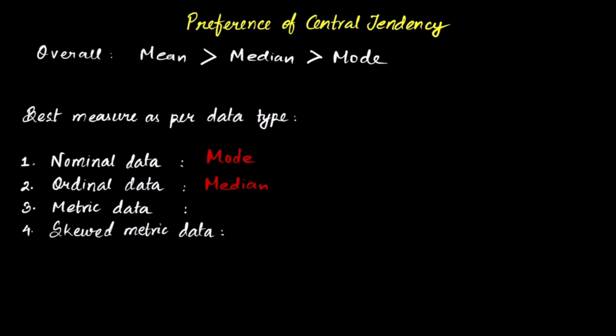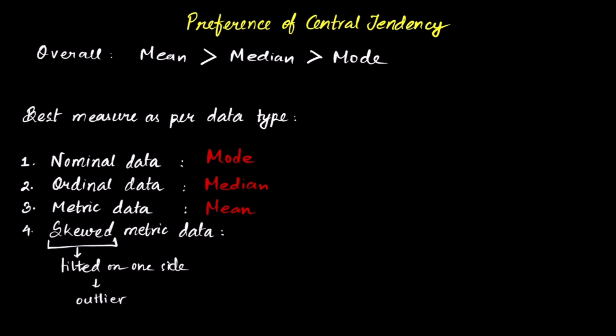Finally, metric data contains quantitative variables, all the numbers and stuff. And the best central tendency for numbers is mean. However, there is one extra thing that you need to know. What is skewed metric data? In skewed metric data, you have quantitative values. However, the quantitative values are skewed. This means there is tilting, or the values are tilted on one side. That is, there is